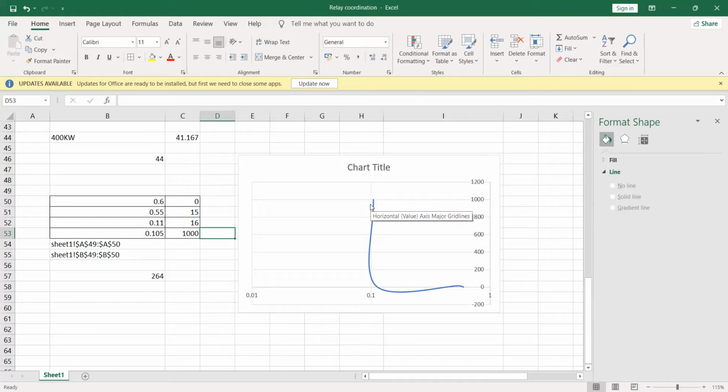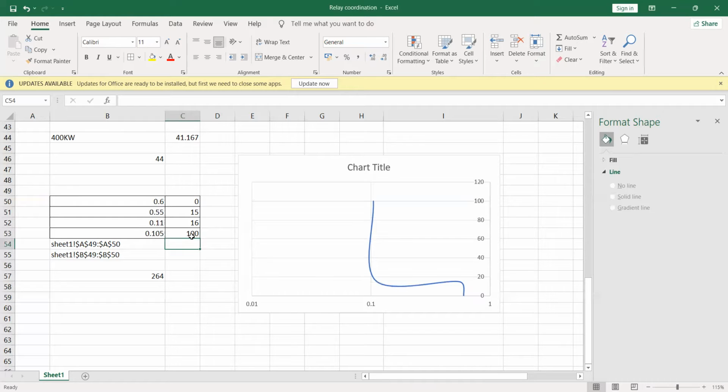Yes, sir. I think the curve which we plotted on the board and the curve which has come in the Excel are not matching. So let us see how we match it: at 0, which is 0.6, at 15 second. Let's make this 100. Okay, now we are getting something close.